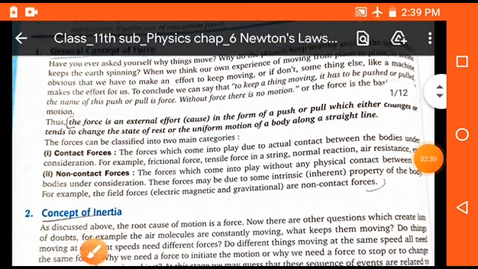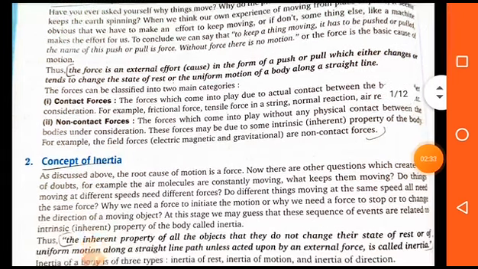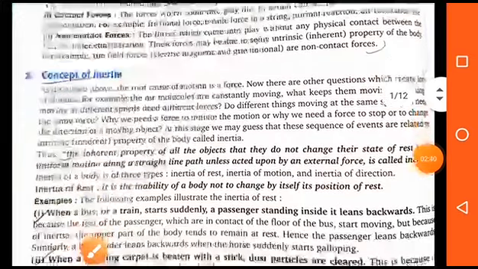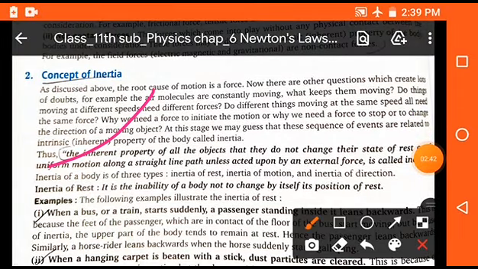Now, what is the concept of inertia? We will discuss the concept of inertia here. As you know, it is a property of a body by which any body maintains its position of rest or position of motion in any direction until a force is applied on that object. So with the help of inertia, a body generally remains in its position. So it is an inherent quality, a property of any object.